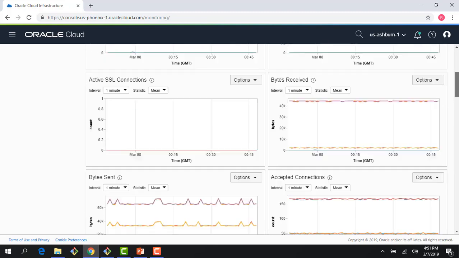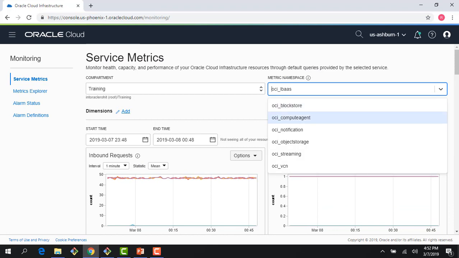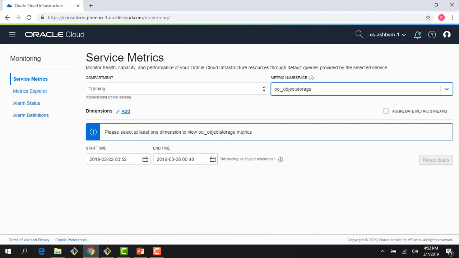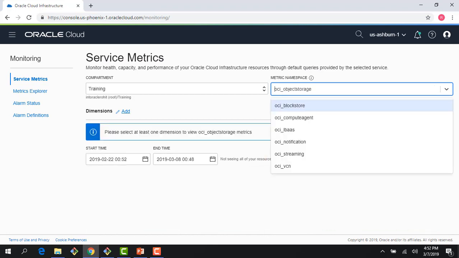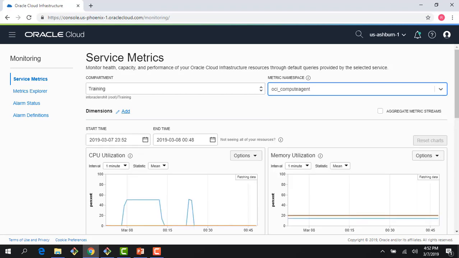So the whole idea is, if you are running a lot of resources, it's very cumbersome to go and look at individual resources one by one. The service matrix view here lets you do that, and you can play around. If you want to troubleshoot something going on, you get that aggregate view right here. So let me switch back to my slides